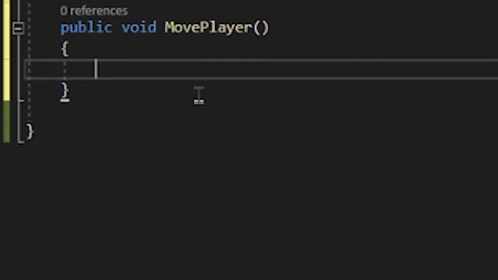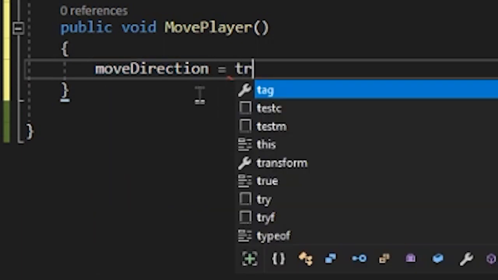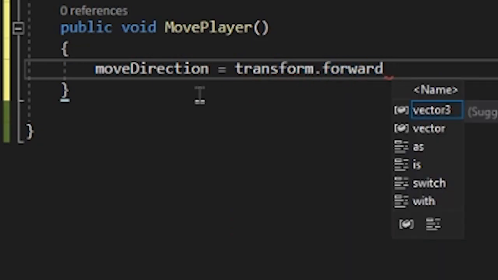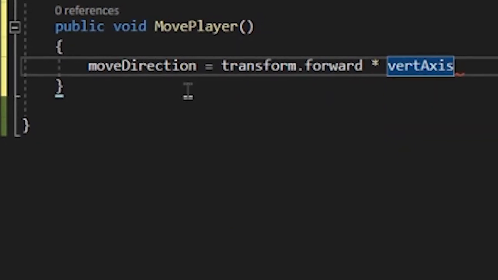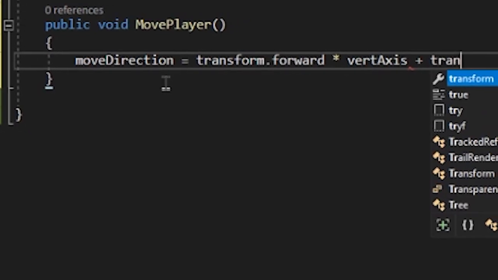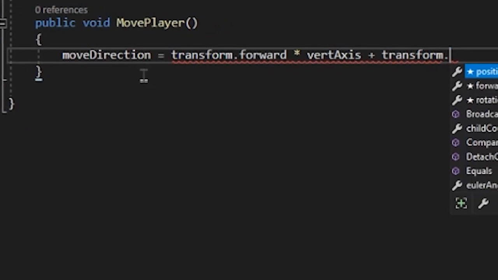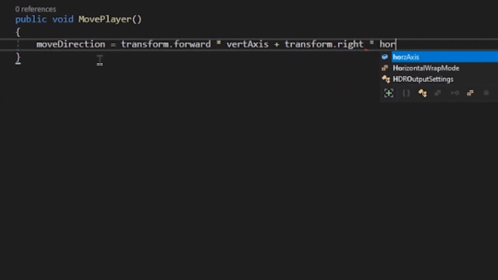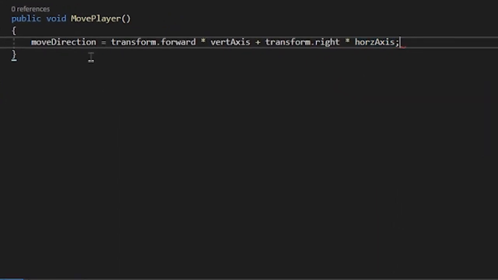So now, inside of this function, we're going to have 2 lines of code. The first one is moveDirection = transform.forward * vertAxis + transform.right * horizAxis;